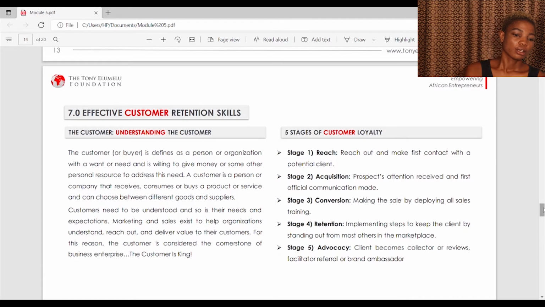Understanding the customer. A customer or buyer is defined as a person or organization with a want or need and is willing to give money or some other personal resources to address this need. A customer is a person or a company that receives, consumes or buys a product or service and can choose between different